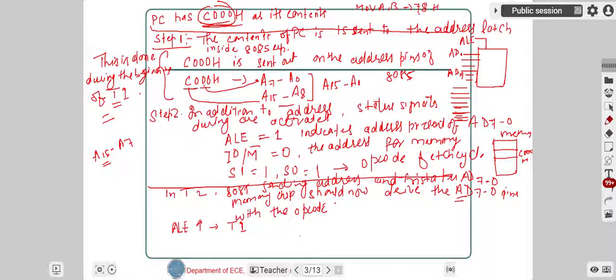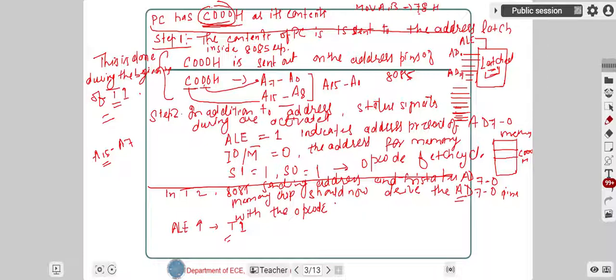Okay, so during this clock cycle, the least significant byte of the address is sent out on AD7 to AD0. Whenever this T1 becomes high, the address latch does the latching of this least significant byte of the address. This address will now be latched here, which means it would be stored here permanently whenever this ALE signal becomes low.